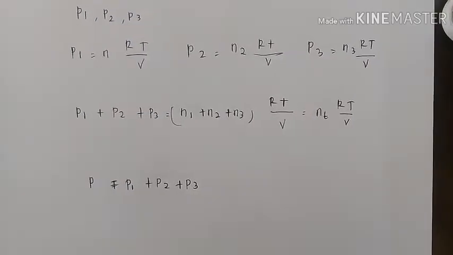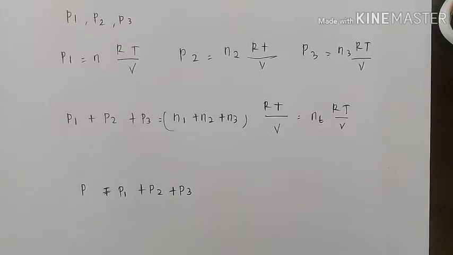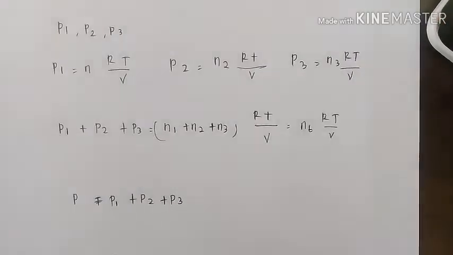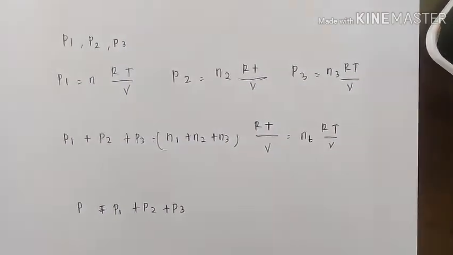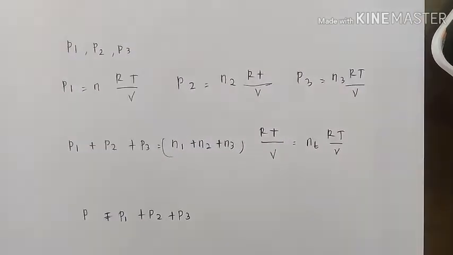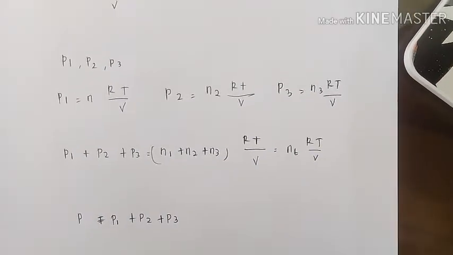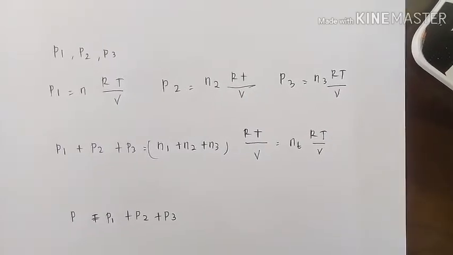Comparison of this equation with the total pressure shows that this is Dalton's law of partial pressures, which states that at any specific temperature the total pressure exerted by a gas mixture is equal to the sum of the partial pressures of the constituent gases. The first gas is said to exert a partial pressure P1, the second gas exerts the partial pressure P2,